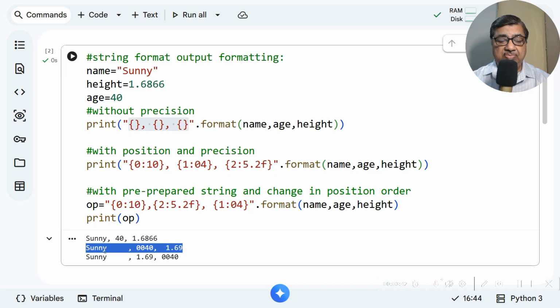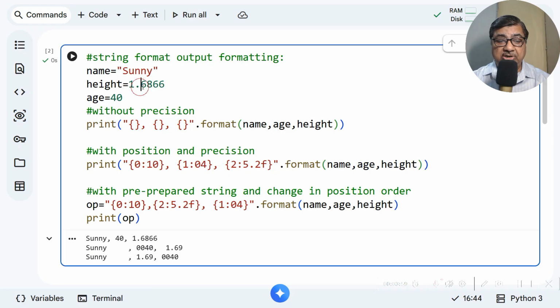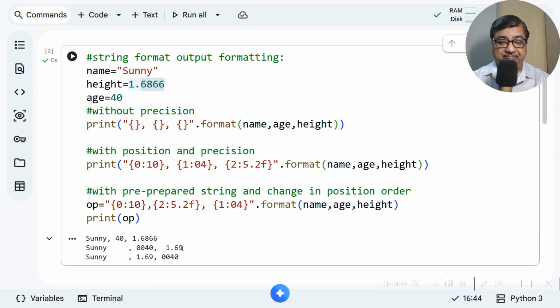See, we are printing in 10 characters. There are 2 preceding zeros because a total of 4 digits are to be there. Then this is a total of 5 digits, so there are 2 additional here, and then the third one is 1. Then this has been approximated. This is 1.6866. Now it is printing 1.69.